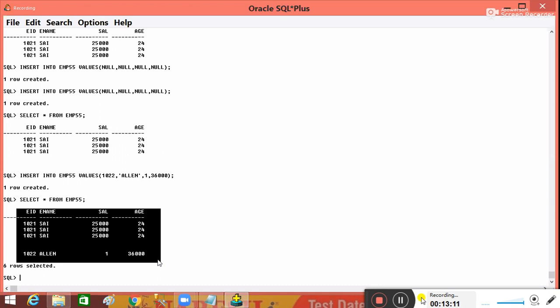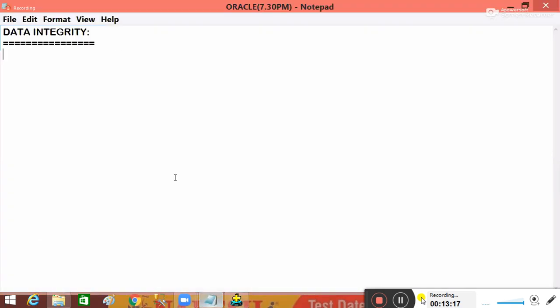Then how can you restrict them? We restrict them with the help of data integrity rules. With the help of data integrity rules, we can restrict invalid, unnecessary, duplicate, and null data in the table. That is why people use the data integrity mechanism in our database tables. So that's why people say data integrity is nothing but